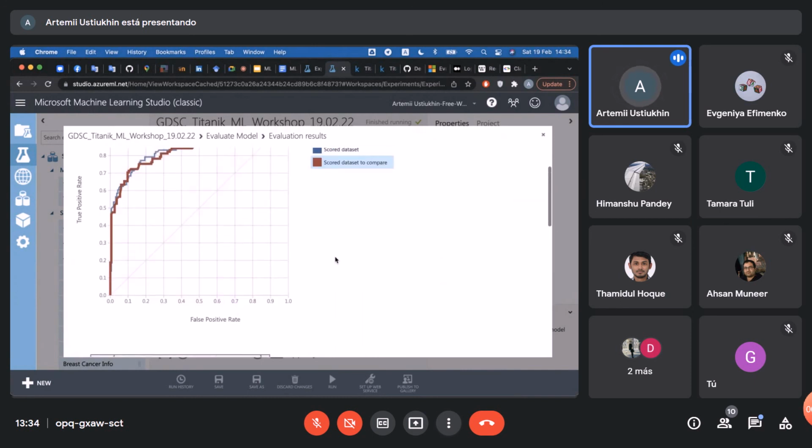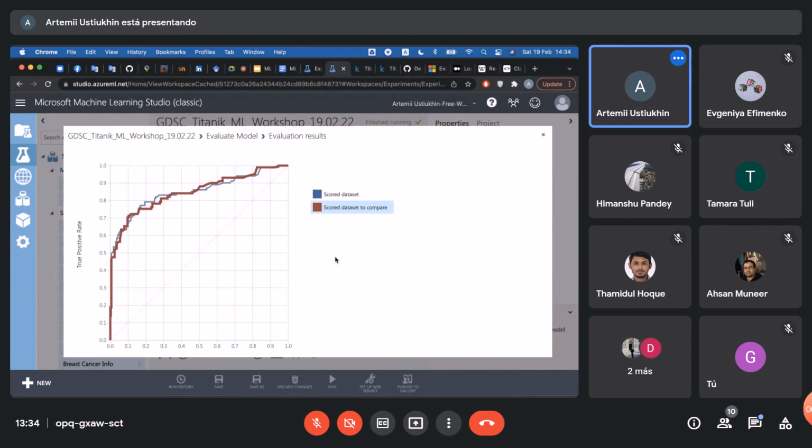So here at the top, you could see an ROC curve, which is receiver operating characteristics. It is a performance measurement for classification problems at various threshold settings. So ROC is a probability curve,